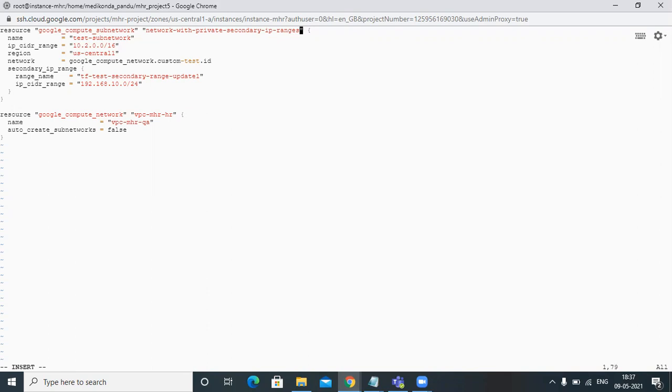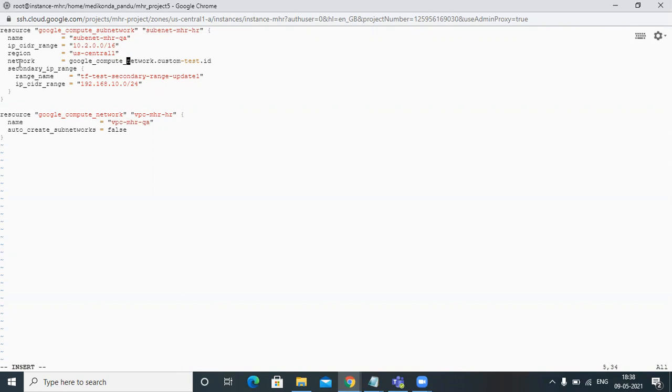Here, the subnet resource name, you can give whatever your details. Then this is the subnet name, subnet-mhr-QA.